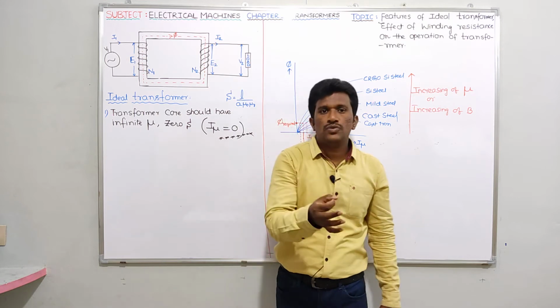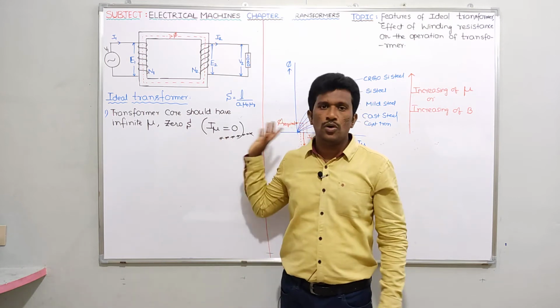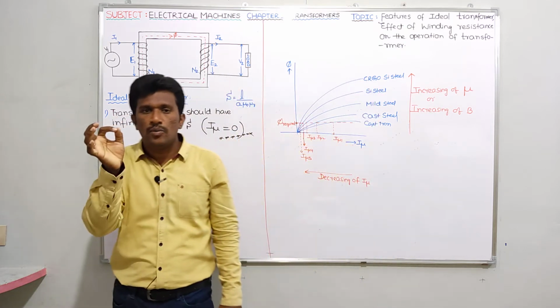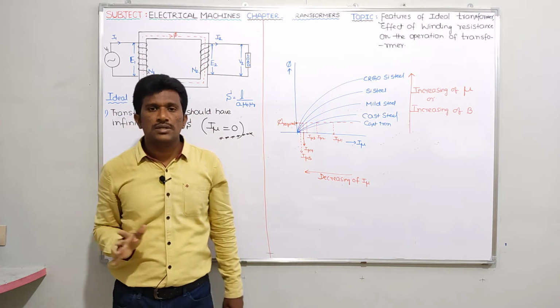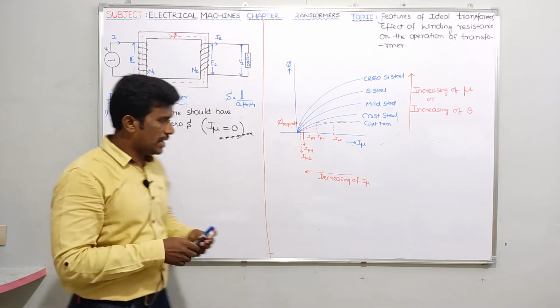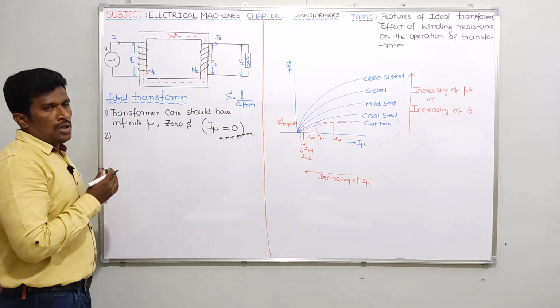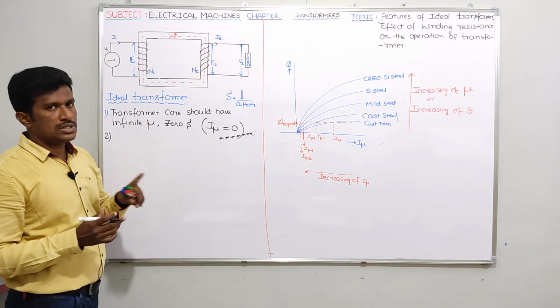Okay. So for an ideal transformer, permeability is infinite. I mu how much here? 0. So if you are able to see the word "ideal" anywhere, you should simply write I mu equal to 0. That's it. Next, second point. The transformer core should have infinite permeability, 0 reluctance, I mu equal to 0. This is the first property.